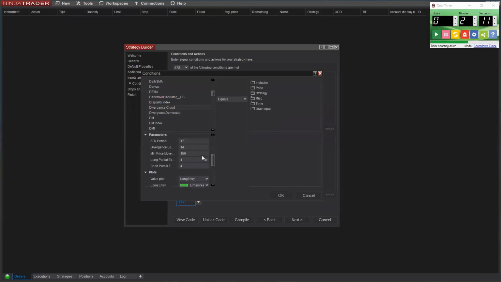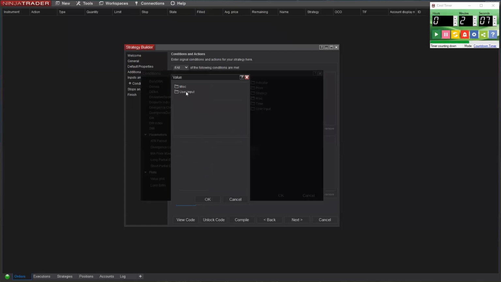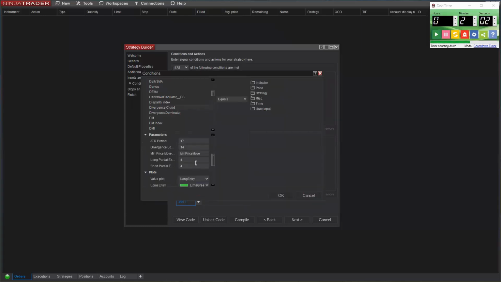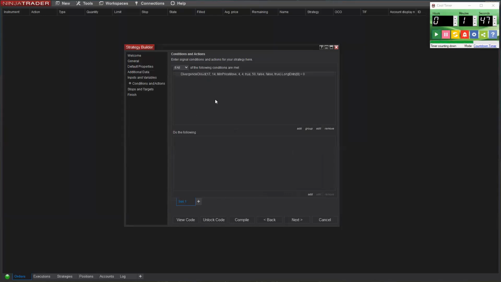And we want to configure the price move parameter for the cloud by tying it with the min price move parameter of the strategy. And for the signal, we require that it's greater than 0, which means that there's actually a signal. If this value has a value of 0, it means there's no signal. So we pick greater than 0 and click OK.